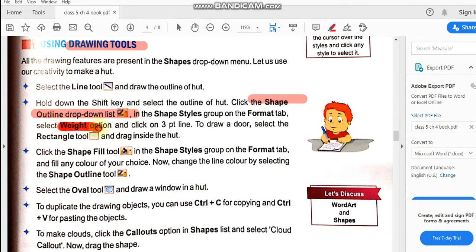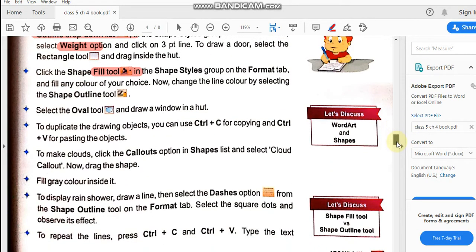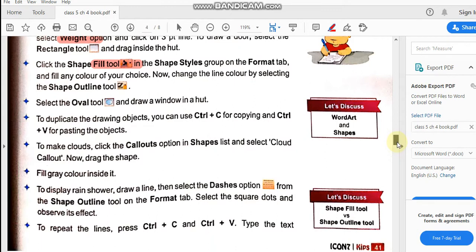Weight, that means the thickness of the shape. Fill tool, to fill the color in the shape. All these tools which we have already learned in the text box can also be used in the same way here. Let me show you how to use it in MS Word.